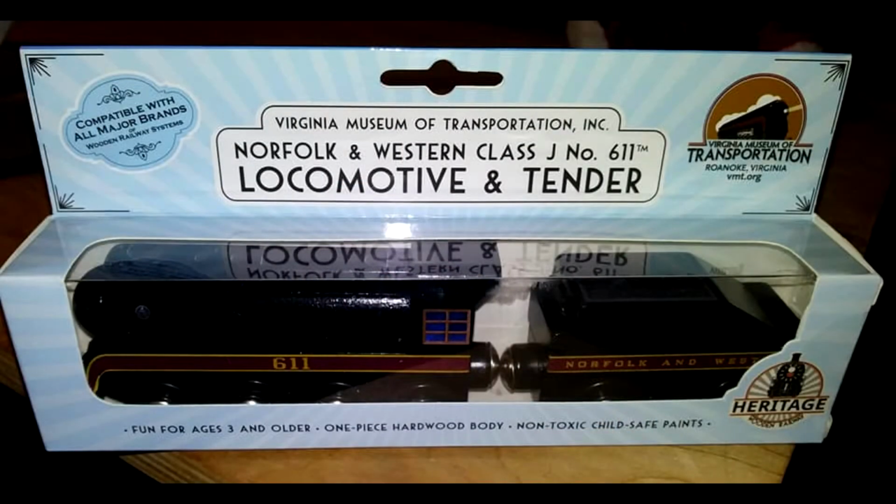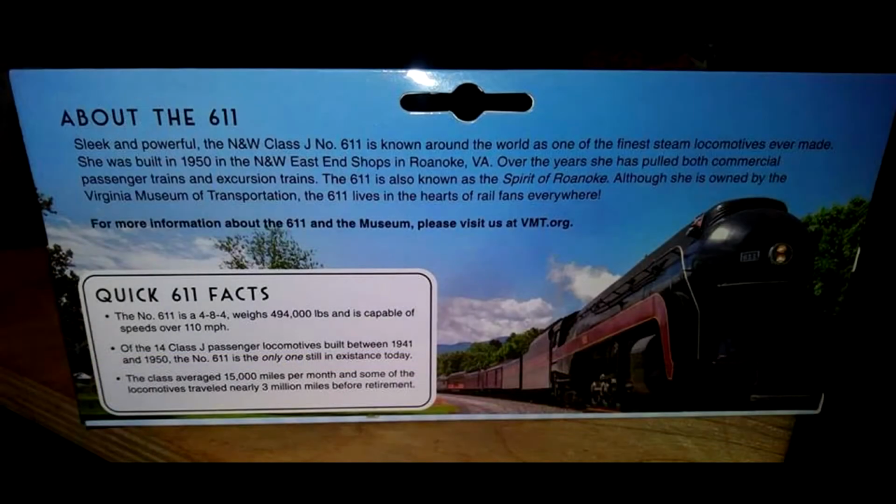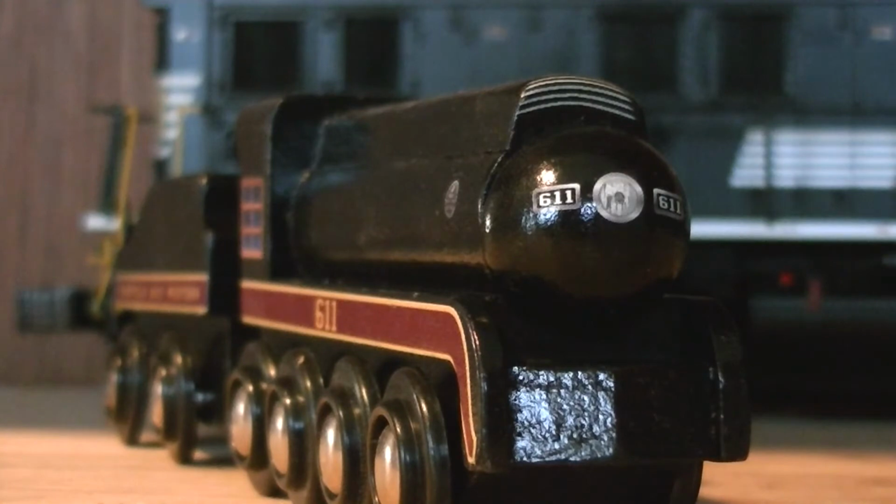The engine comes packaged in a window box, which features the VMT and Heritage Wooden Railways logos. On the back of the box, there's a nice photo of the 611 as well as a few facts about the engine. Once you get the engine out of the box, the first thing that caught my eye is that